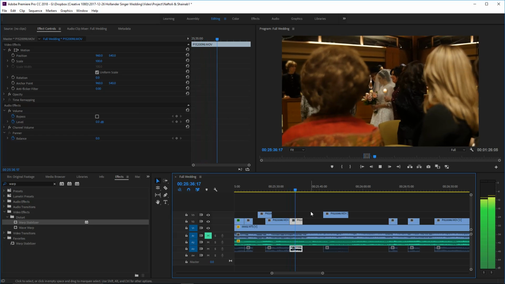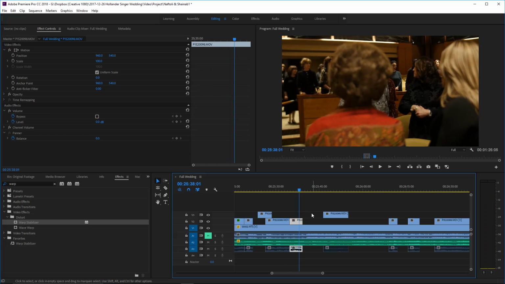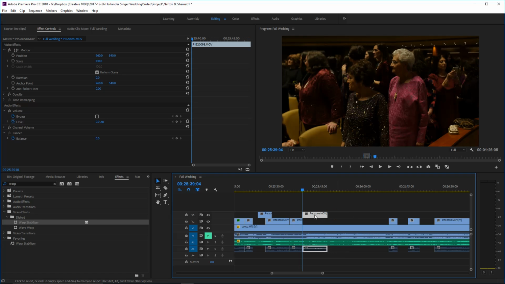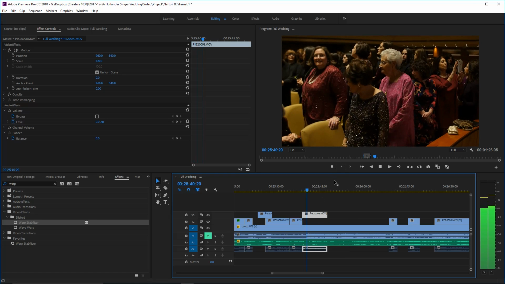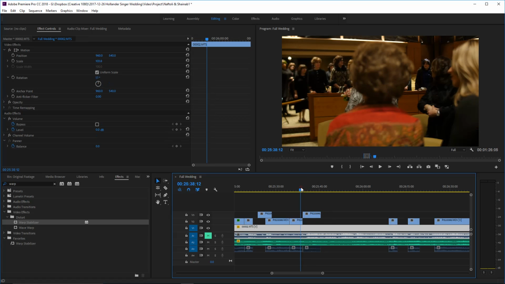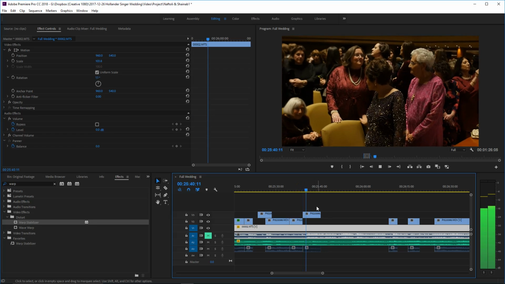They're looking down the aisle, so it makes sense that she should already be in the aisle. So let's see if this goes well here. That works, because it's hard to tell. I mean, you could tell, because I'm pointing it out to you, that she's actually reaching the end of the aisle.